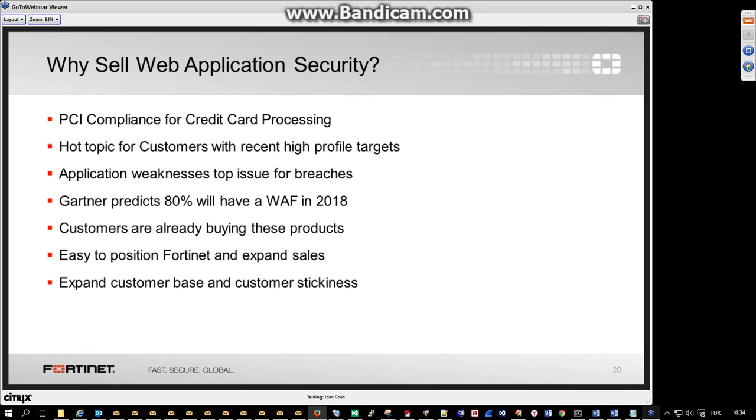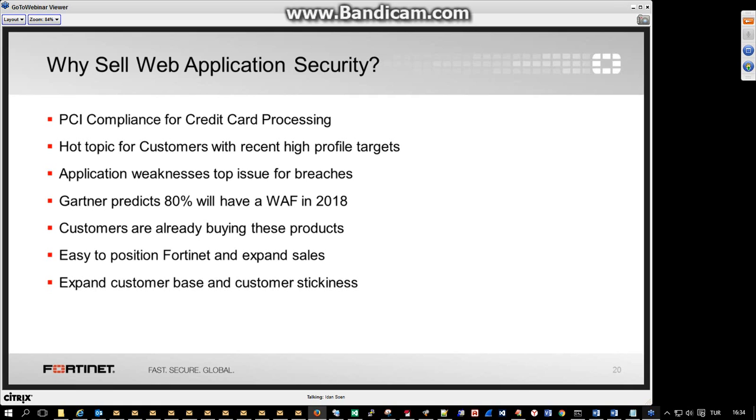So for you as partners, why sell application security? Why sell Fortiweb? First of all, PCI compliance for credit card processing. That's a major thing. If you're processing credit cards on your applications, you need a WAF. Fortiweb is your solution. This is a hot topic for customers, especially with the recent high-profile targets and attacks in